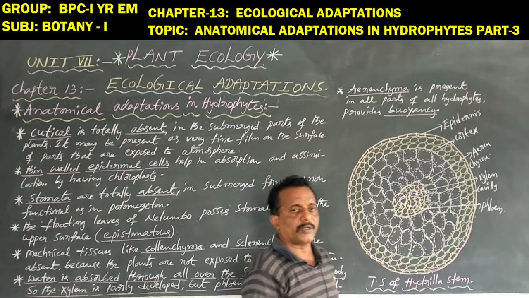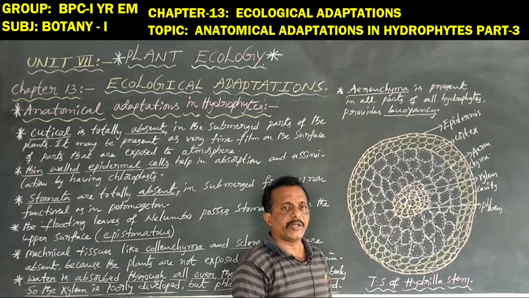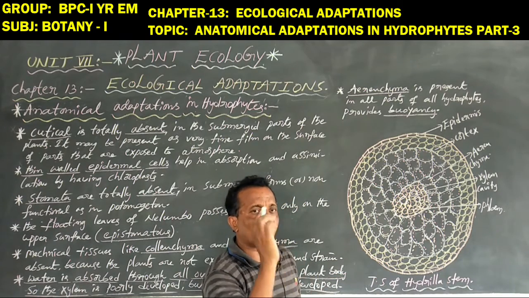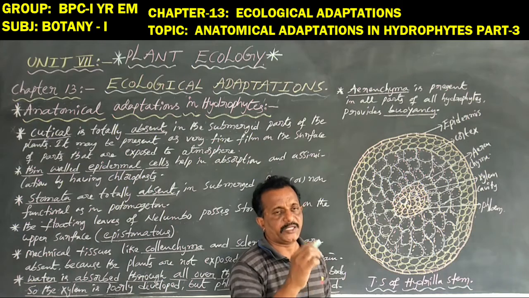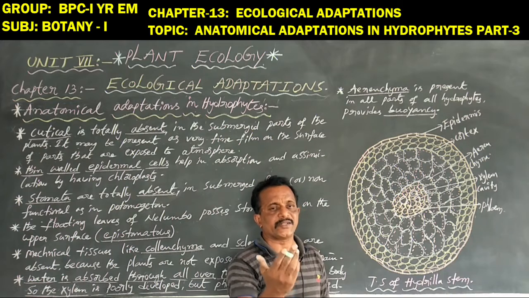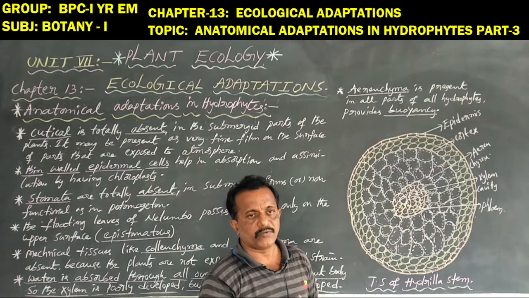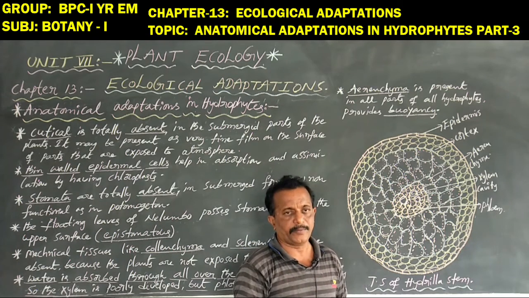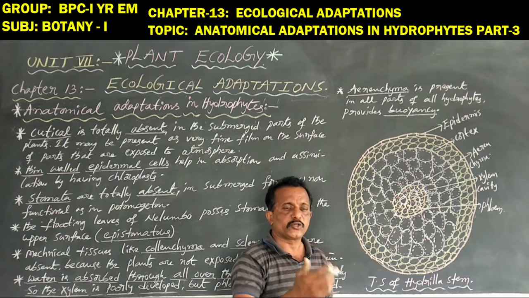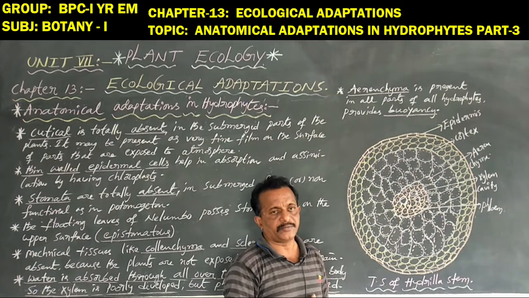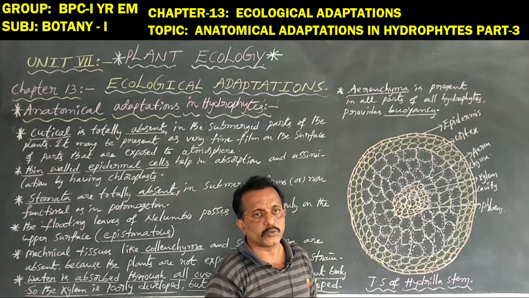In most air plants, the epidermis of the stem or leaves contains small pore-like structures known as stomata. Each stomata consists of two parts: guard cells and subsidiary cells. One guard cell and two subsidiary cells make one stomata. What is the use of stomata? Stomata allow gas exchange between the outer and inner sides. That is the importance of stomata.